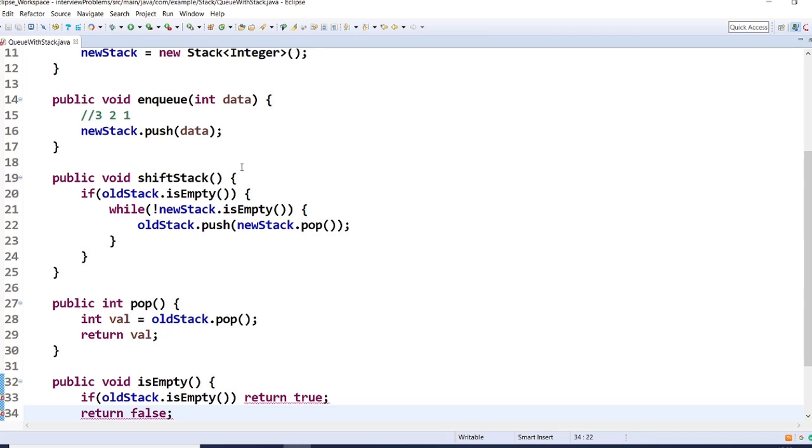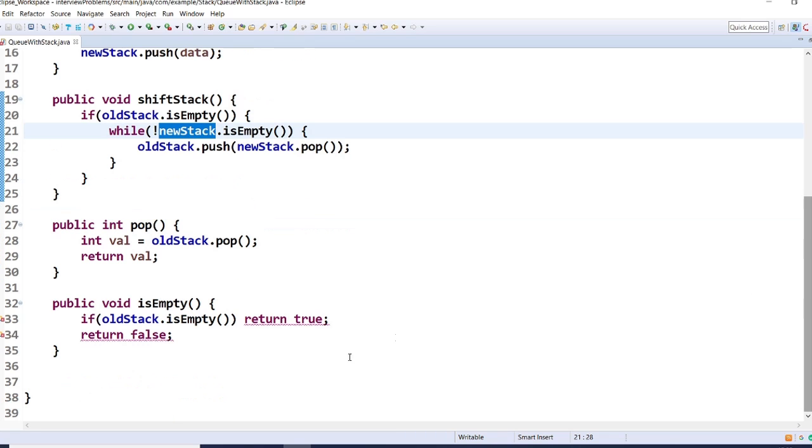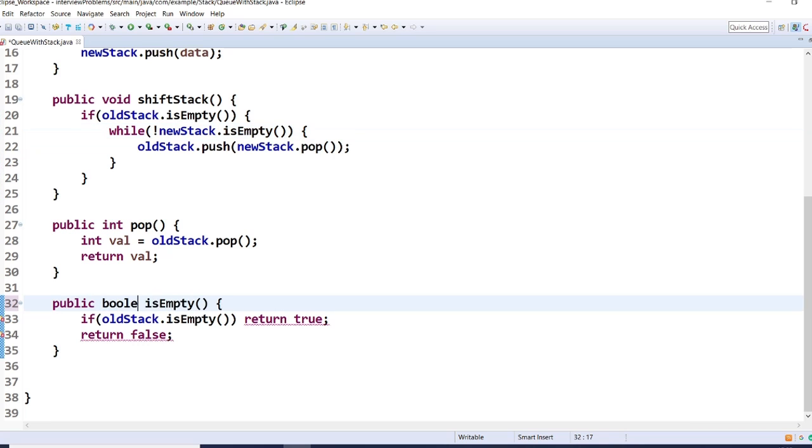So this method is the only thing which is different from the stack implementation. Here the main thing is I used two stacks, old stack and new stack, so that I will get the insertion like in a queue. So we'll call it. Okay, we are getting an error. I think I'm again and again making a mistake in the return type.